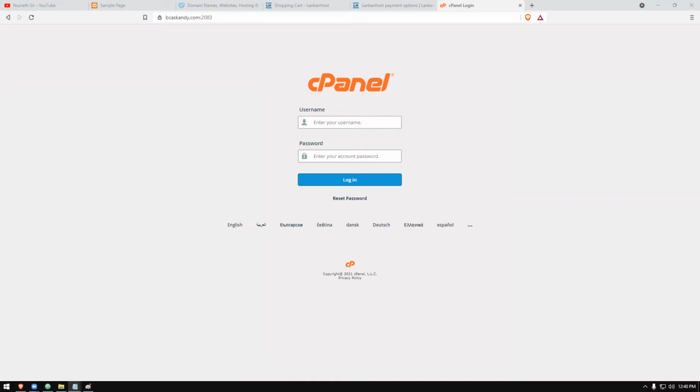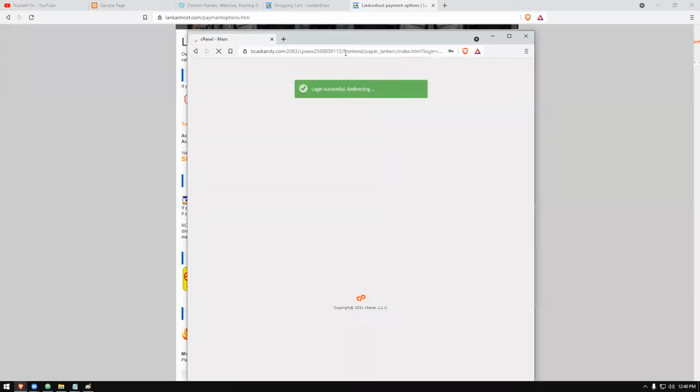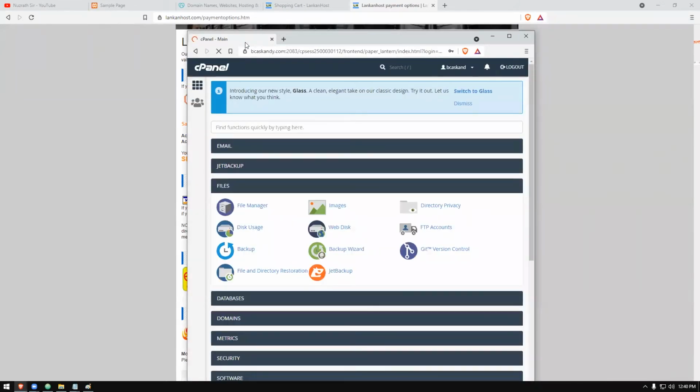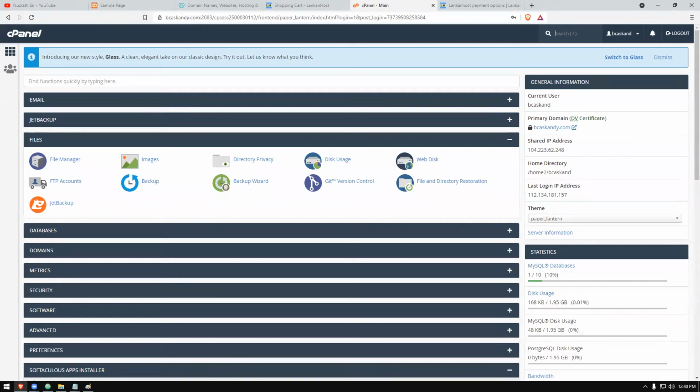I have the original password here. So I will put my password there, and I have a username also there. I will paste it here. Now I'm clicking on the login button. Okay, logging in is successful, right? I have logged in now. Right, so I will close this.